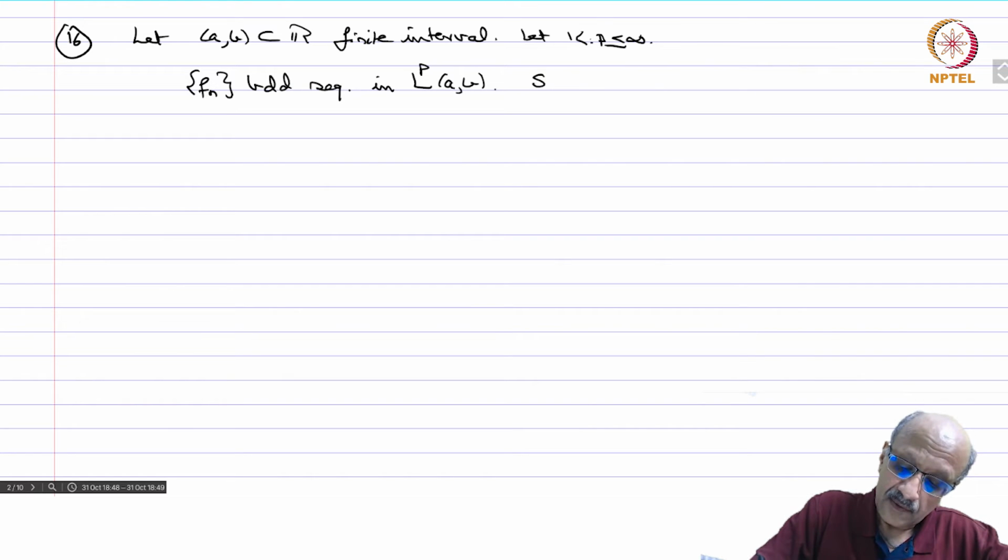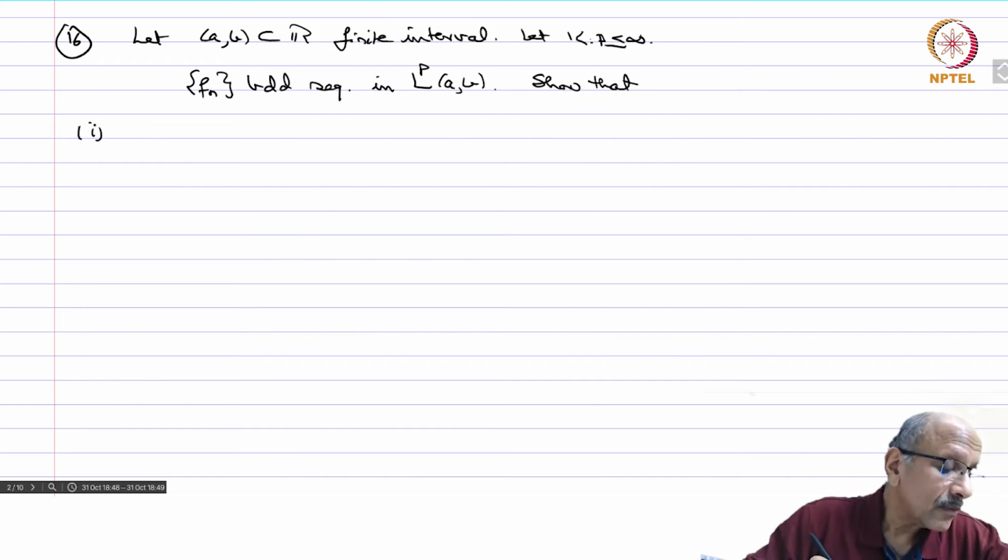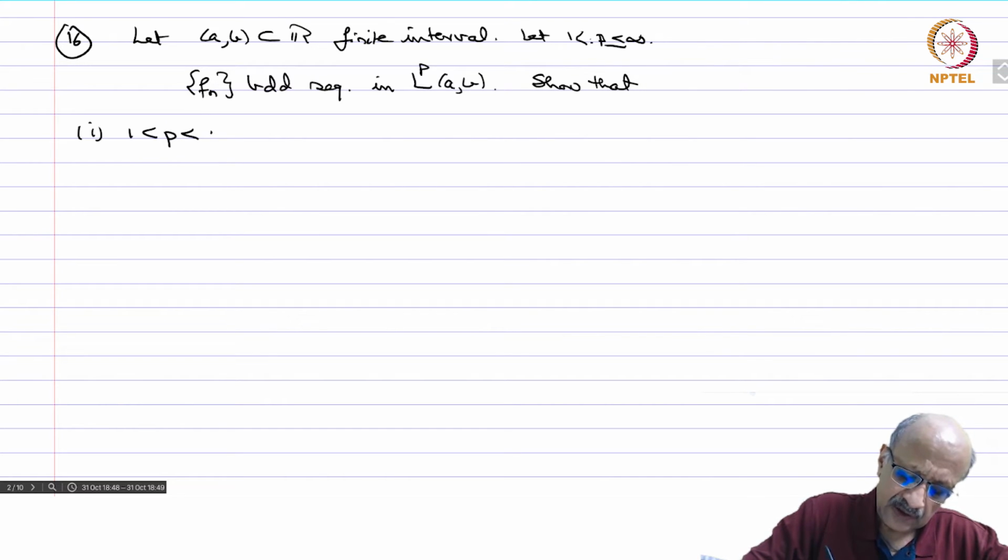Then show that for 1 less than p less than infinity, f_n weakly converges to f in Lp